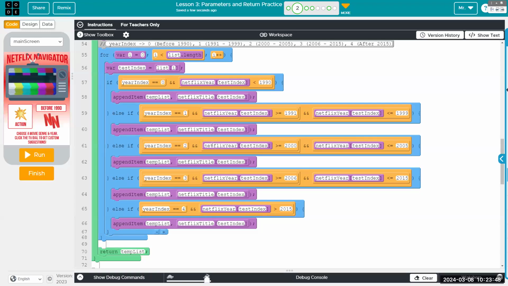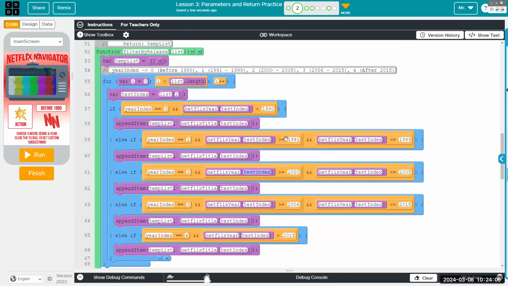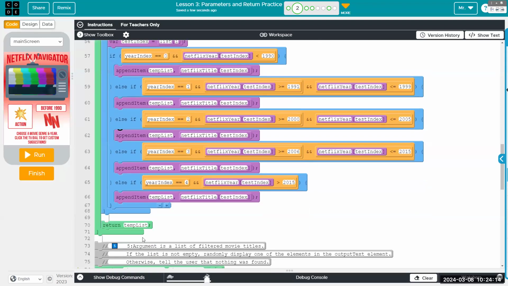Because Netflix year at test index is a list of matching genres, or technically rows of movies that match genres. And if we go through that list of indexes in the Netflix list, we find matches for years and send back the list of matches,